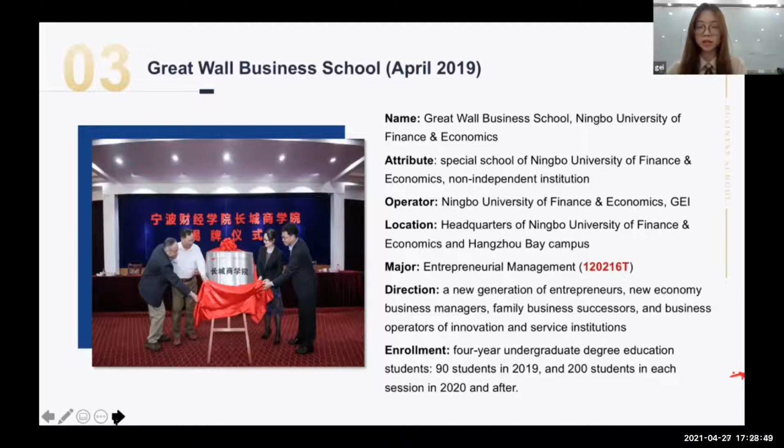我们目前的这个学院的一个学生规模呢，是从2020年开始是基本上保持一届200人，然后是200人的话。